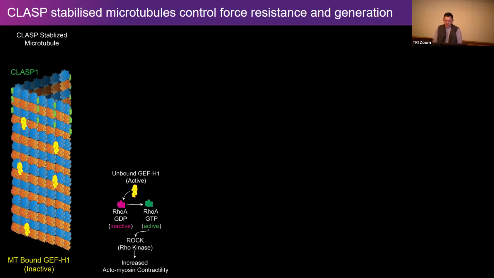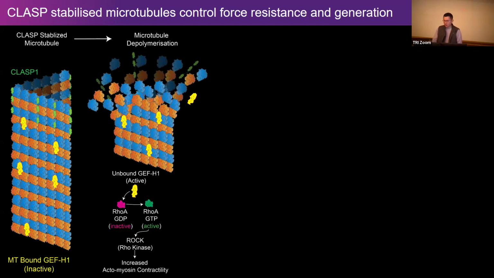And when it sits on microtubules, it is held in its inactive form. And only when it's released from microtubules, from microtubule depolymerization, does it then become active and then activate downstream signaling via RhoA and ROCK, and what you and I may know as the classical force generation machinery in the cell, which is actin-myosin contractility. And we initially hypothesized that CLASP was the main determinant of how GEF-H1 could